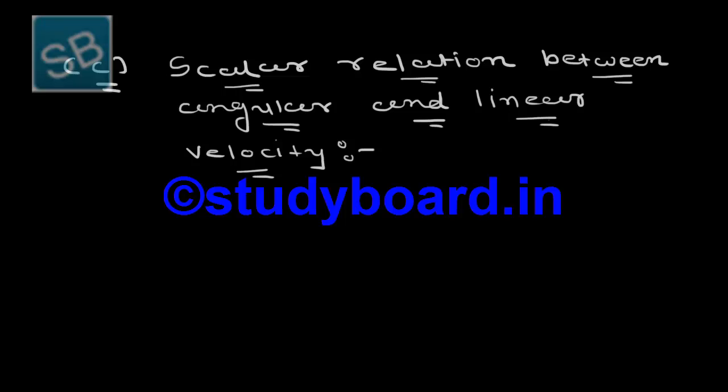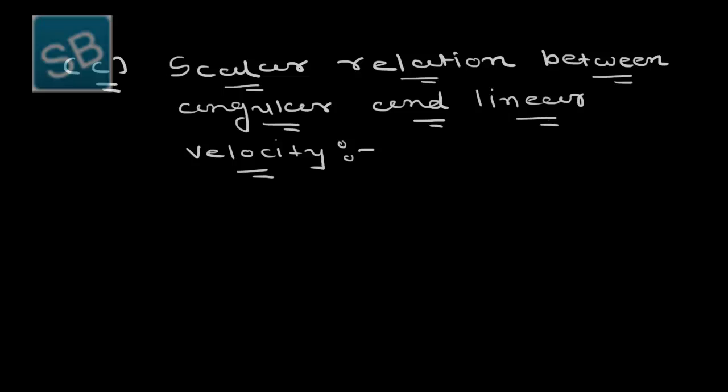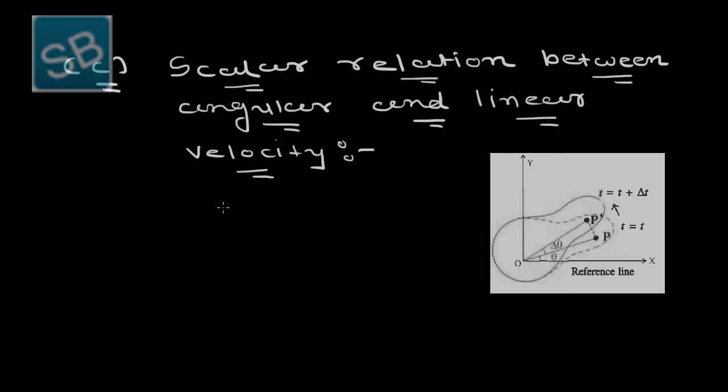We have studied the linear velocity in semester 1 and we have earlier studied the relation of angular velocity. But now we will find out the scalar relation between these two quantities, and for that I again consider the motion of a rigid body. So here I have considered again the same motion of a rigid body in which the particle P travels a linear distance PP dash,